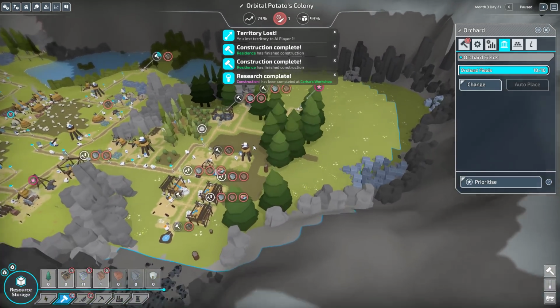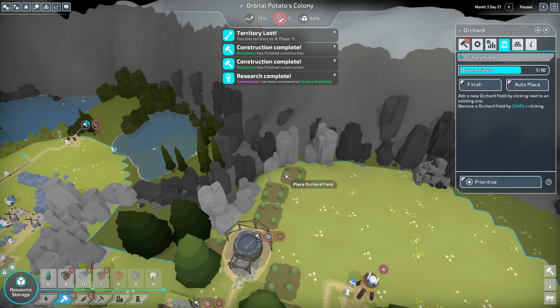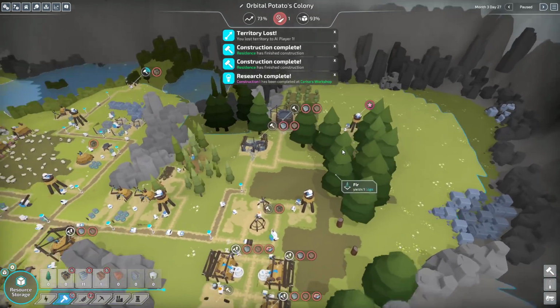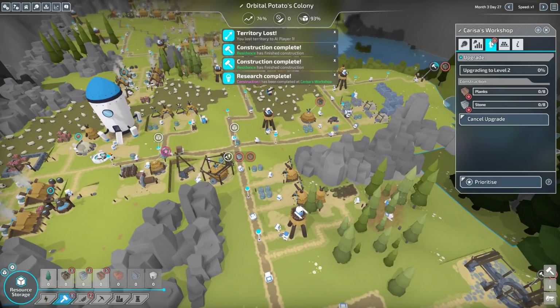And I'll just place... In fact, I actually hate that area because that is one of the areas that is currently being zoned to be auto-planted with the forestry. So we'll choose somewhere else. Yep, that's pretty much fine over there. Great. Let's get back to work. Back to work, everyone. So we're upgrading the workshop. We're working on that. We're going to be heading towards